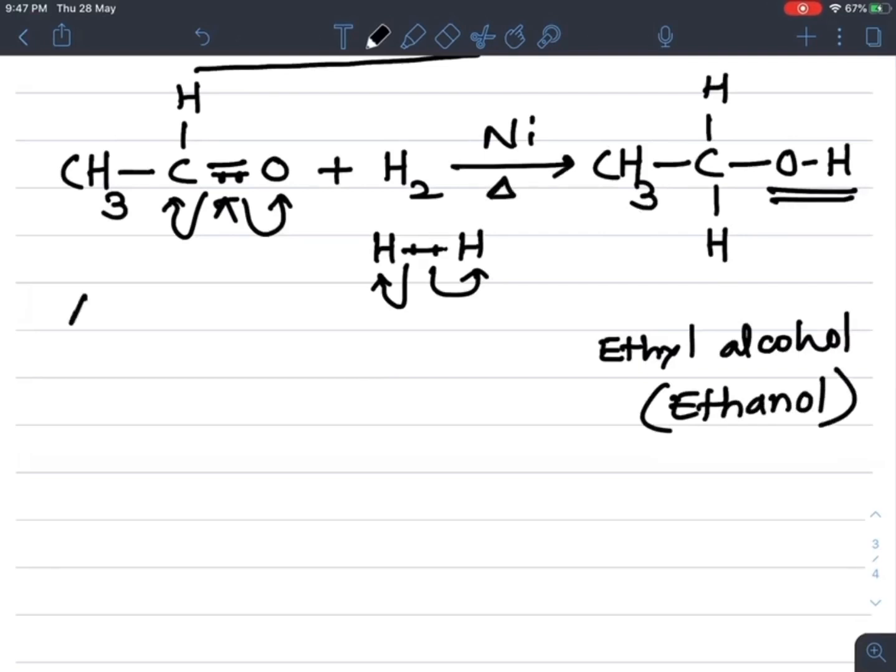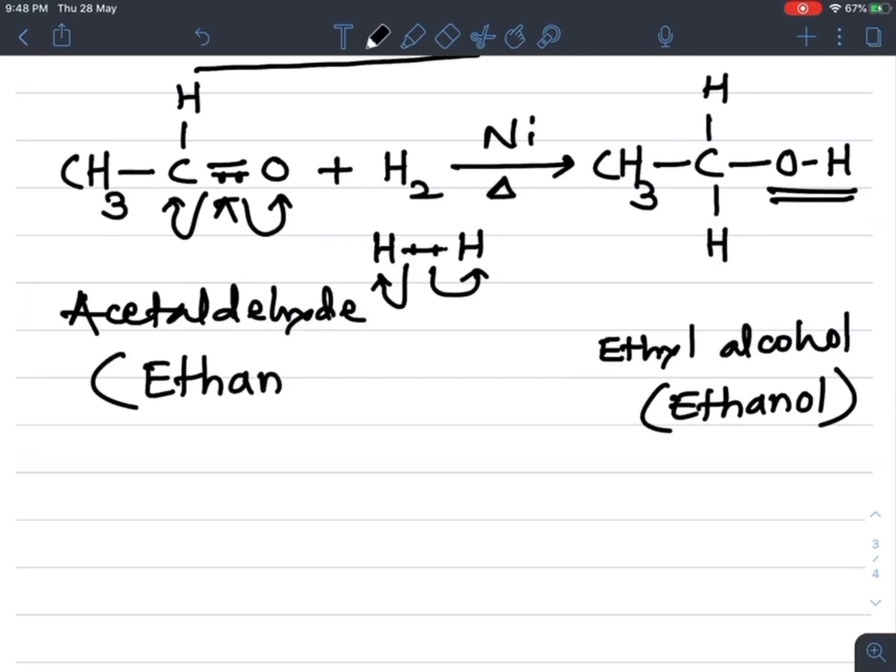And which aldehyde is this? Acetaldehyde. How many carbons are present in this aldehyde? Two carbons. So it is an ethane derivative aldehyde, and that's why its IUPAC name is based on ethane. From ethane, the E is replaced by al, so the suffix -al is used by replacing the E of the alkane. So the name of this aldehyde is ethanal. Ethanal is converted into ethanol.